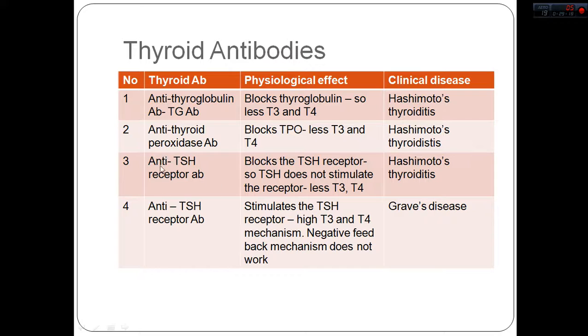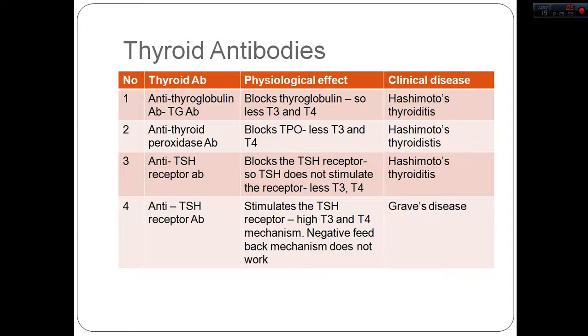Now the fourth one is also called an anti-TSH receptor antibody, just like the third one. But there are two types of anti-TSH receptor antibodies. One blocks the TSH receptor, and this one stimulates the TSH receptor. So when this sits on the TSH receptor, it is going to constantly stimulate the TSH receptor. Once the TSH receptor is constantly stimulated, the end product is more production of T3 and T4. And in this case, the negative feedback mechanism is not going to work, because when the T4 is high in the blood, this is going to